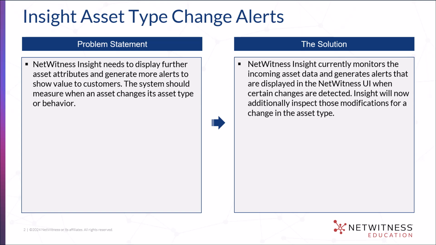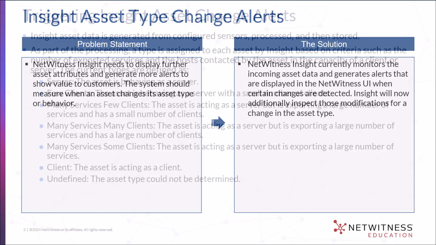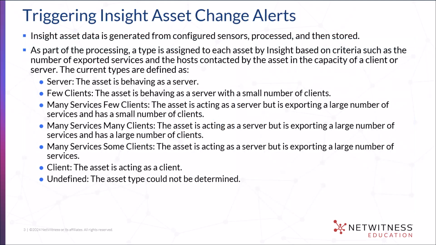So what is an Insight Asset Change Alert and how are they triggered? Insight asset data is generated from configured sensors, it's processed, and then it's stored. As a part of the processing step, a type is assigned to each asset by Insight based on criteria such as the number of exported services and the hosts contacted by the asset in the capacity of a client or as a server. The current types are defined as a server, which is when the asset is behaving strictly